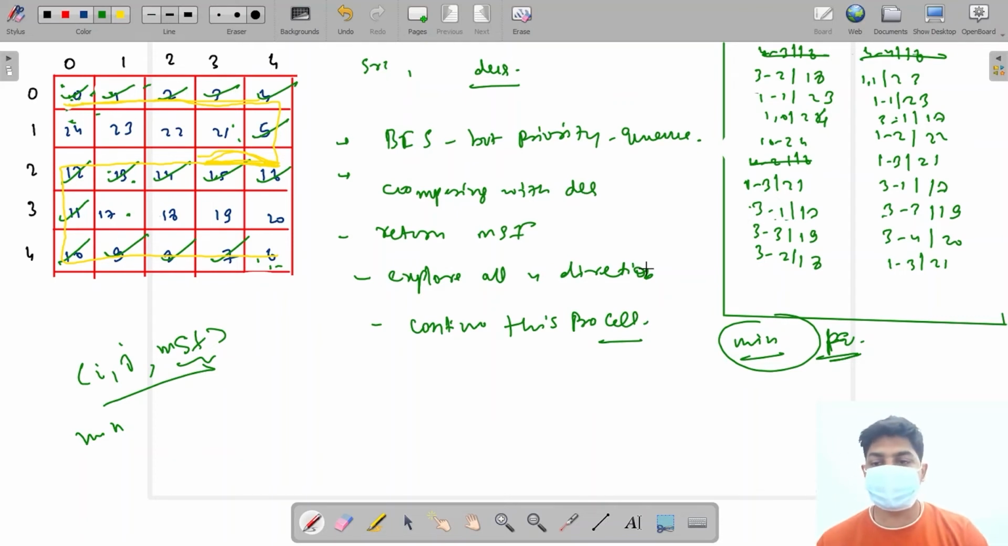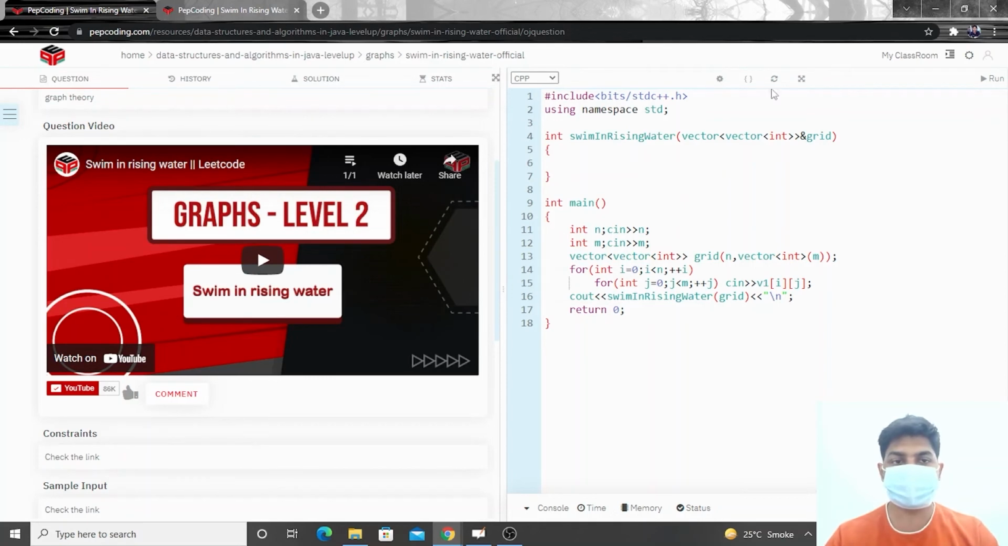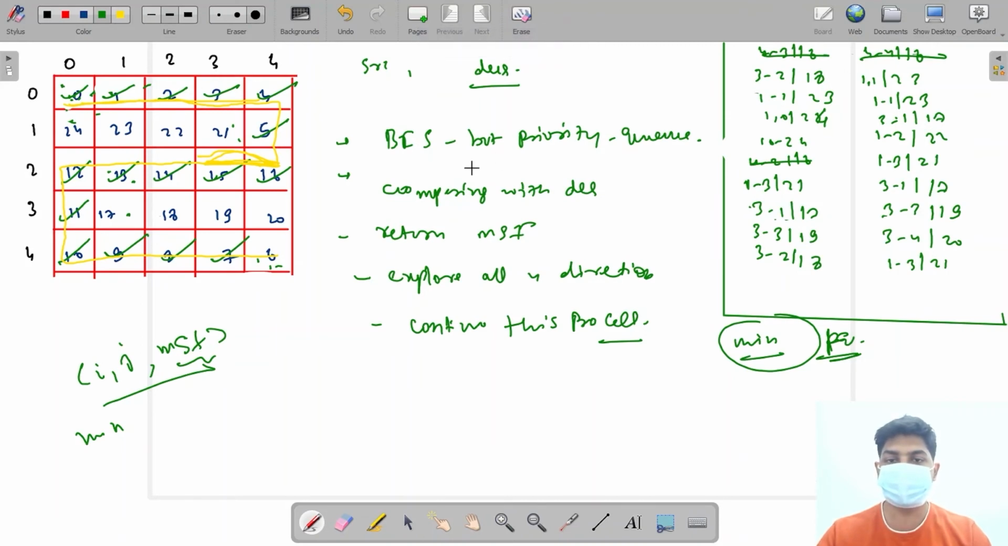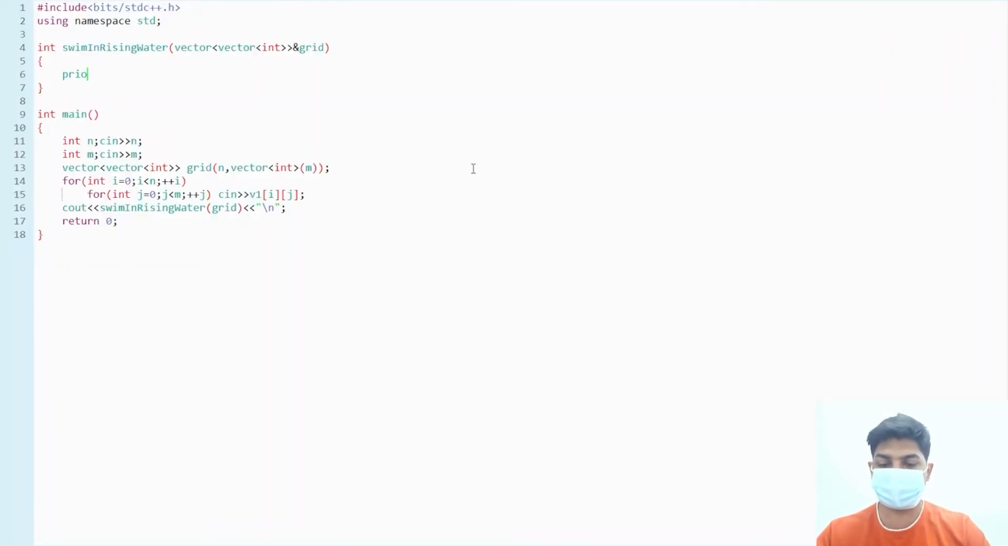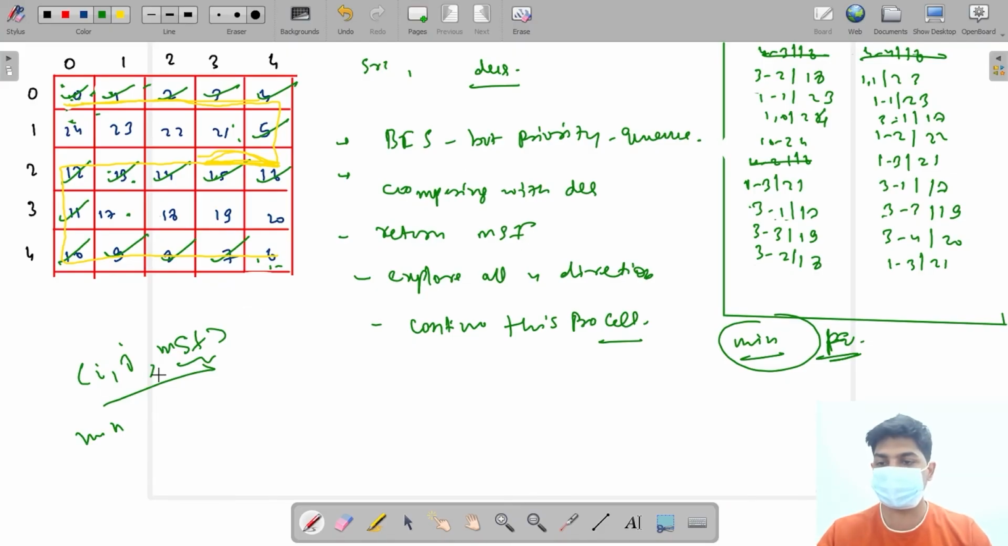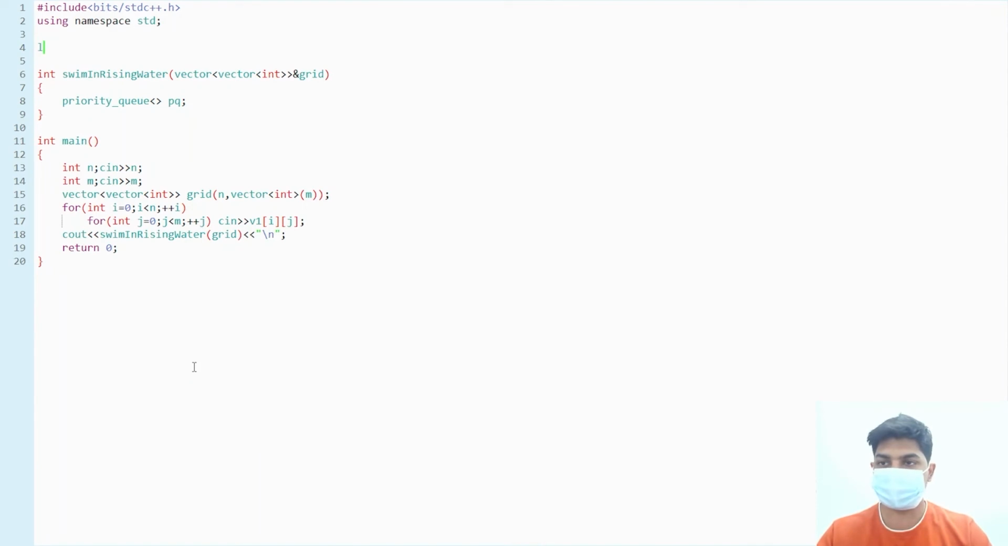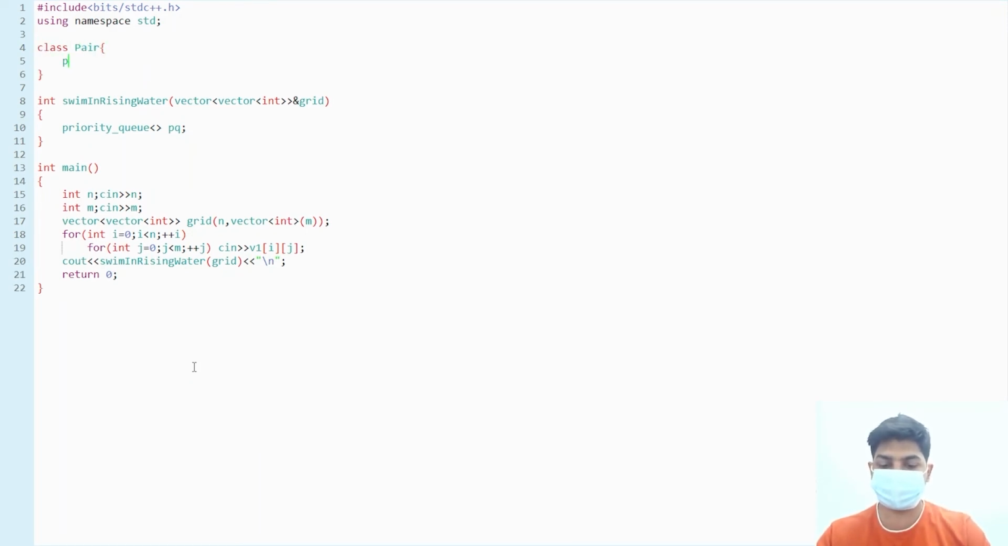So now let's try to code this problem. Okay, so now let's code this problem. As discussed, we need a priority queue, so let's make a priority queue, PQ. But as I told you, we are storing indexes along with maximum so far, so we'll have to make an object for it. So let's make a class pair, in the public section,